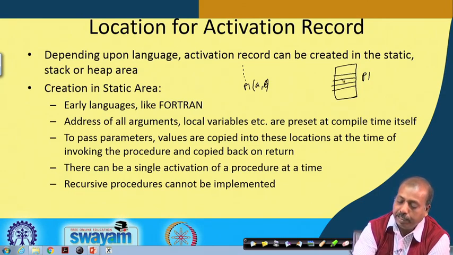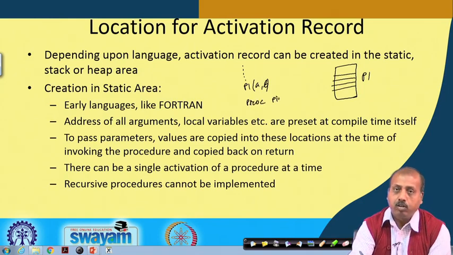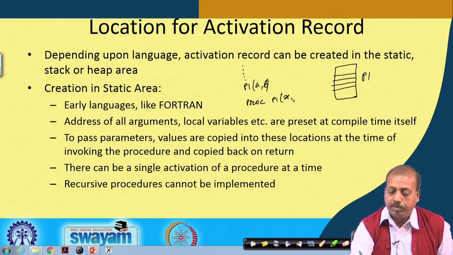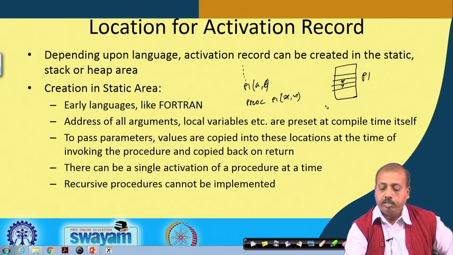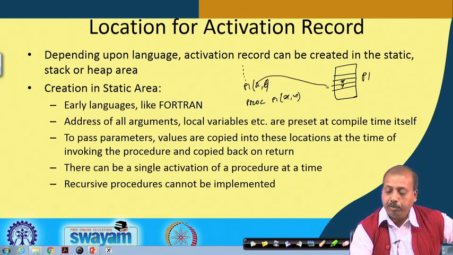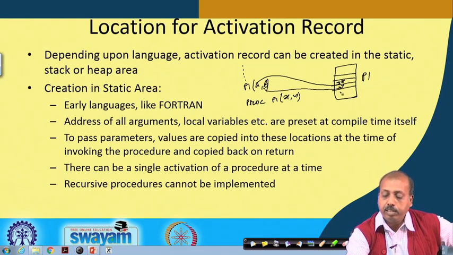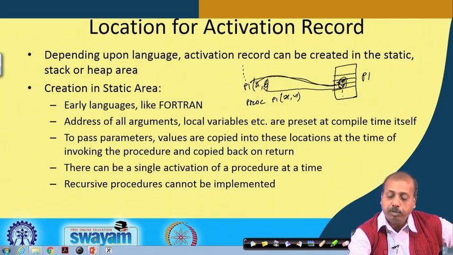If the procedure P 1 has the arguments x and y, with this location for x and this for y, then at the beginning the value of A will be copied onto x and the value of B will be copied into y. Once the procedure is over, these x and y values are modified due to execution of P 1, and then the x value will be copied back to A and the y value will be copied back to B.